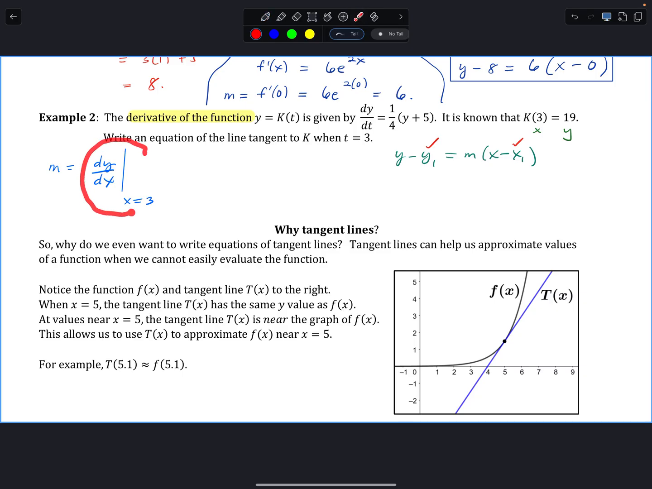Do we understand what this means? Okay. The derivative when x equals 3. So that's how you show your work for that. So it's going to be 1/4 times, I'm plugging in,